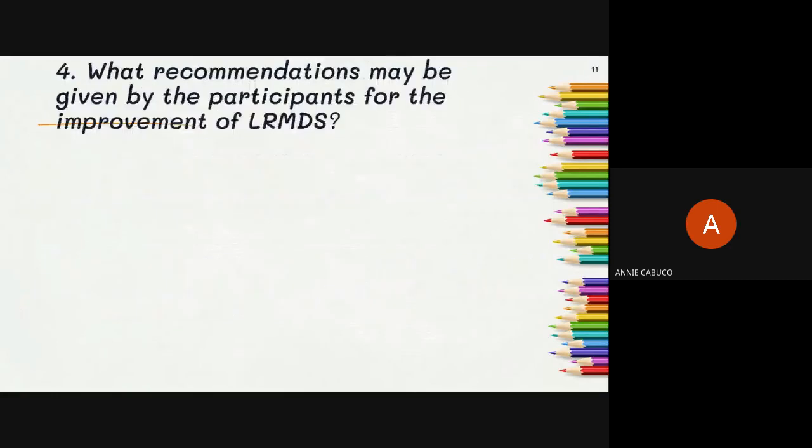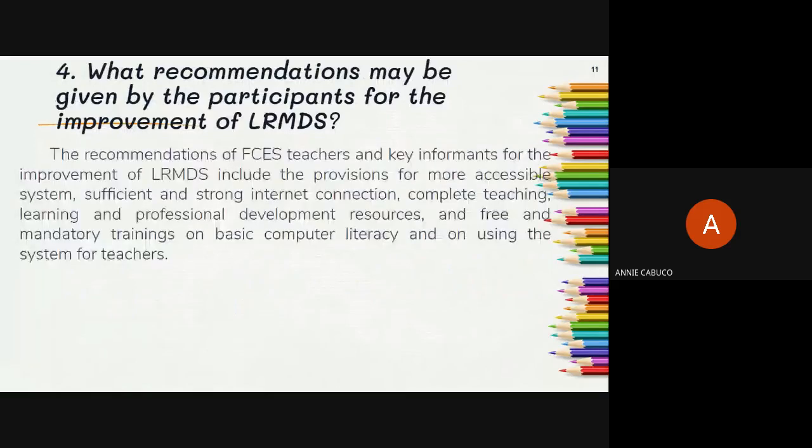For number four, what recommendations may be given by the participants for the improvement of LRMDS? The recommendations of FCES teachers and key informants for the improvement of LRMDS include the provision of a more accessible system and sufficient and strong internet connection, complete teaching, learning, and professional development resources, and free and mandatory trainings on basic computer literacy and using the system for teachers.